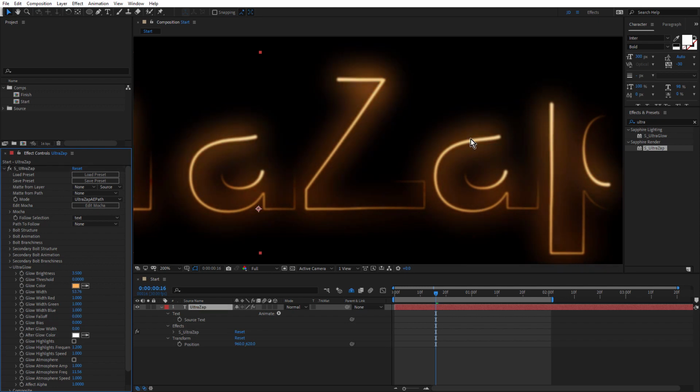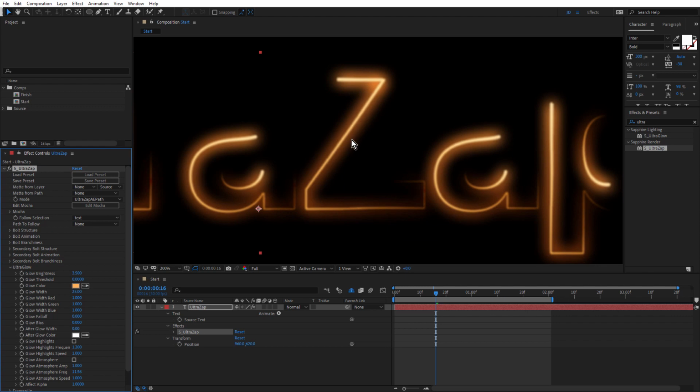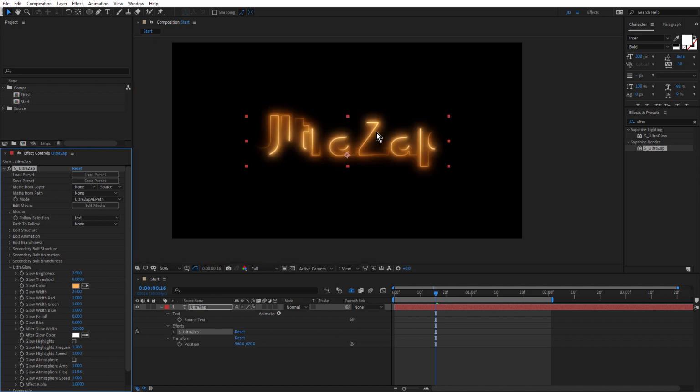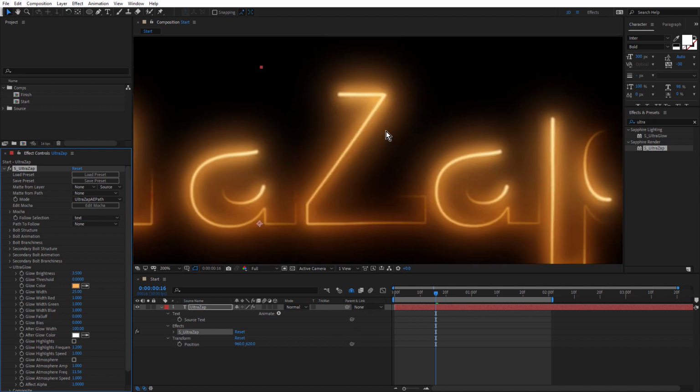Okay, that's looking good. Let's also set the glow width to 25. This is going to give us a tighter glow. And the reason I'm doing that is because I want to add some afterglow. And this is one of the great features of Sapphire's UltraGlow. If I bring afterglow width quite high, maybe 100, you see that really gives us that lovely soft glow around the outside of our primary glow.